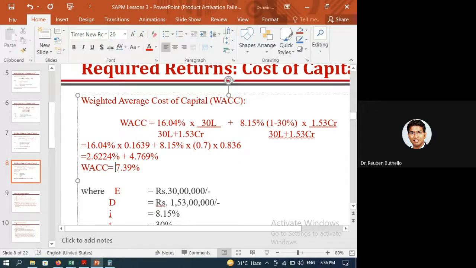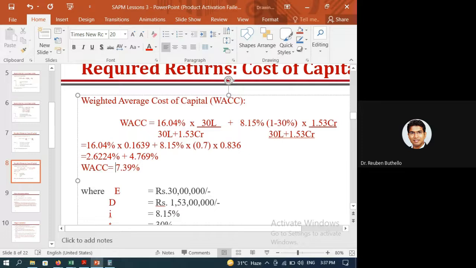When I say cost of capital, what do I mean by it? Sir, it is a return. Yes, the return that the lenders and the shareholders expect to receive for their investment. So it is the return they expect for the money I've taken from them. How much is the total money they have taken? 1 crore 83 lakhs. That is 1 crore 50 from banks and 30 from equity.